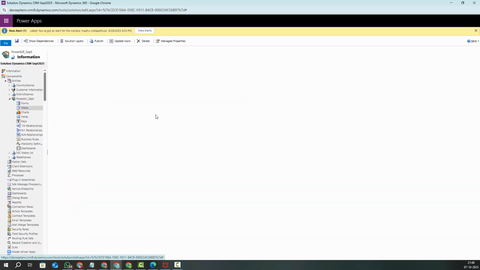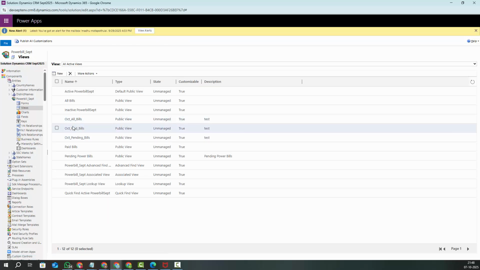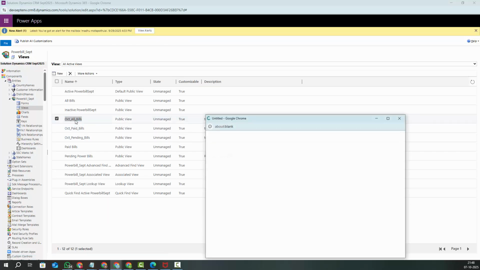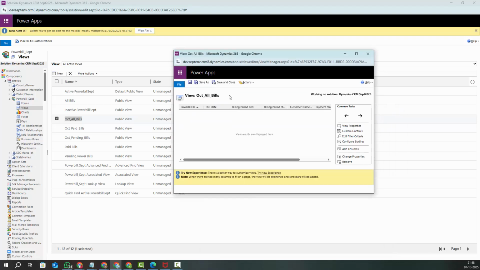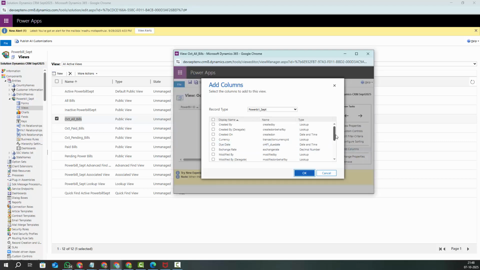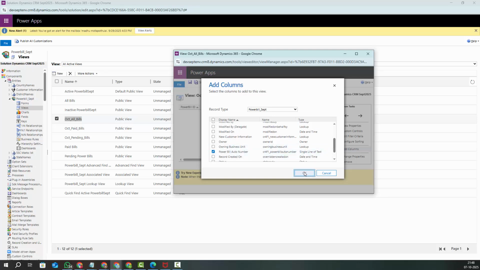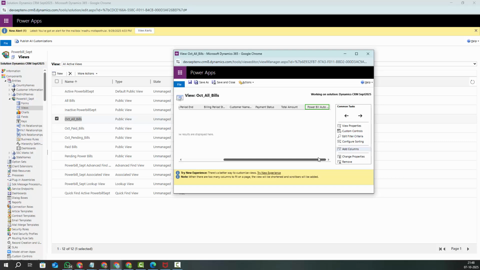October paid bills, descending order. You can select, or all power bills. We can select all power bills. So we can add column, right? Column name, something like auto, something is there. Auto number, yeah. Okay, auto number. This one, if you want, you can move like this. Arrows are there. Power bill auto number. You can move till the first, and next